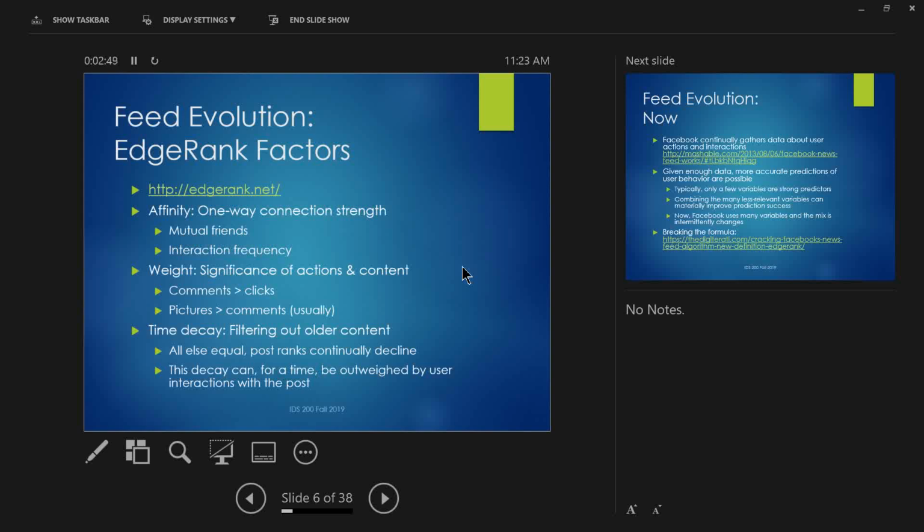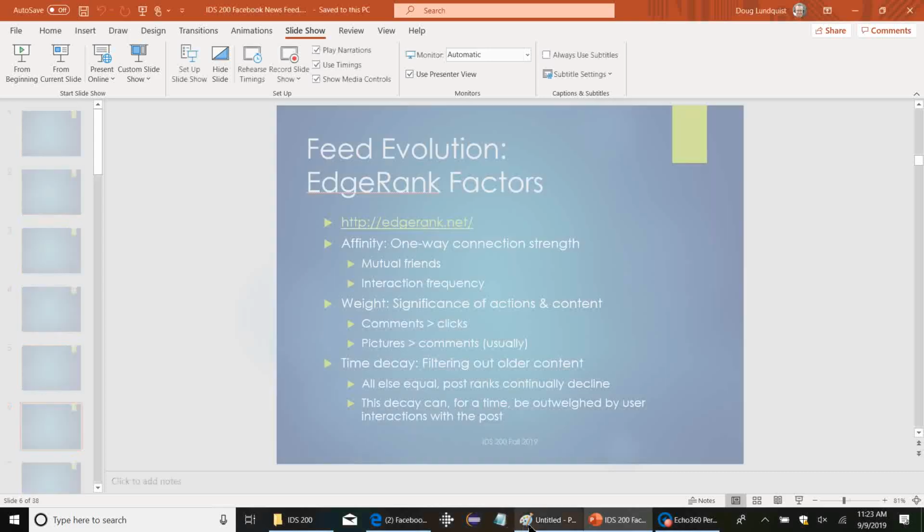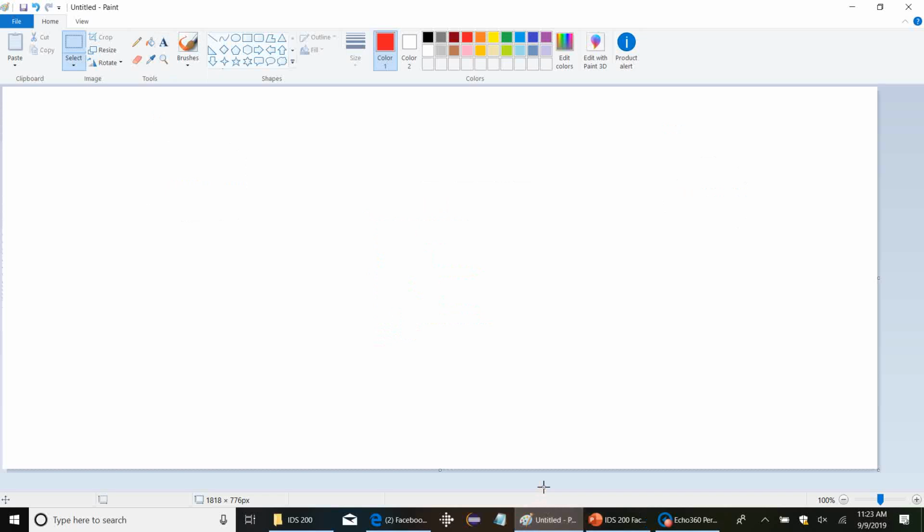Okay. Last thing, time decay. Time decay is filtering out the older content. So if something was from a week ago, two weeks ago, it's probably not going to be at the top of your feed, right? All else equal, the ranking of posts continually declines. The older it gets, the less likely it's going to be near the top of your feed. Now, for a while, you can have that decay be outweighed by user interactions. So for example,